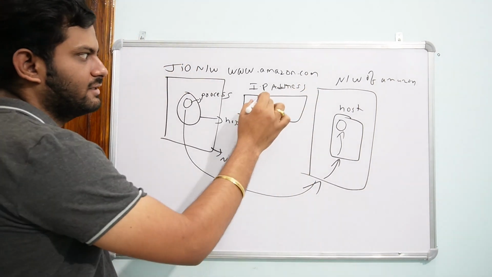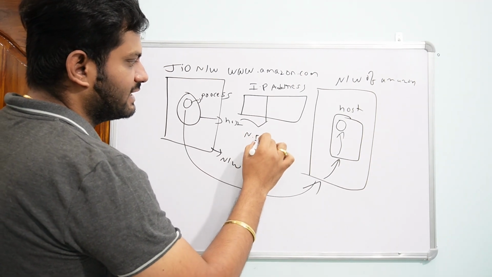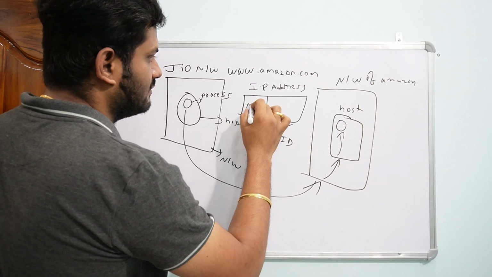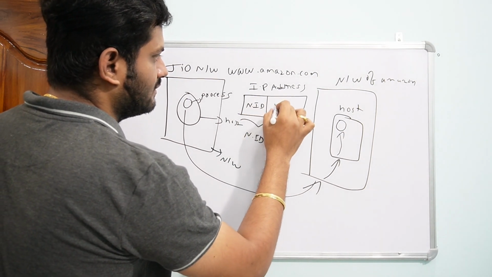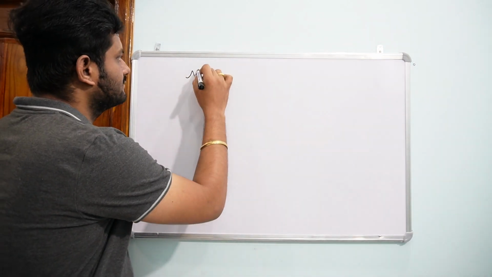An IP address is divided into two parts: network ID and host ID. So this will be the network ID and this will be the host ID. In number systems,